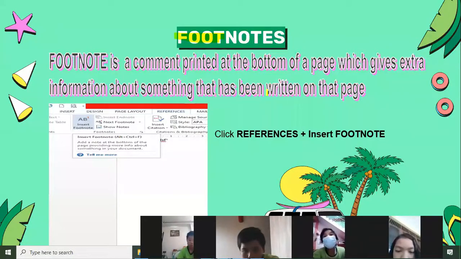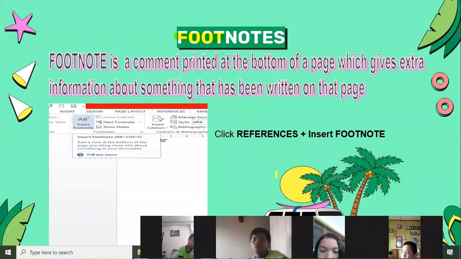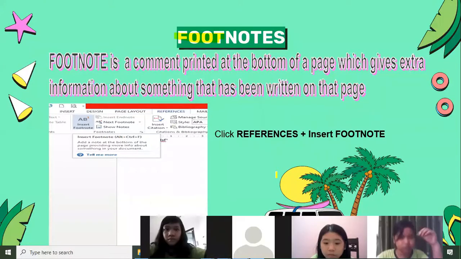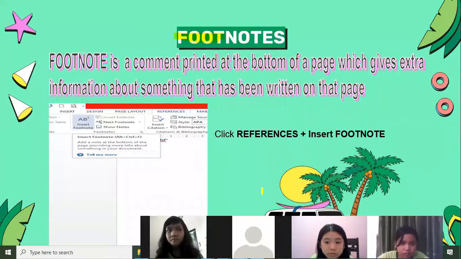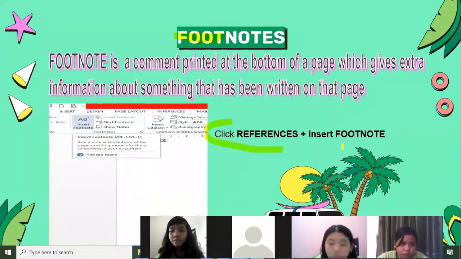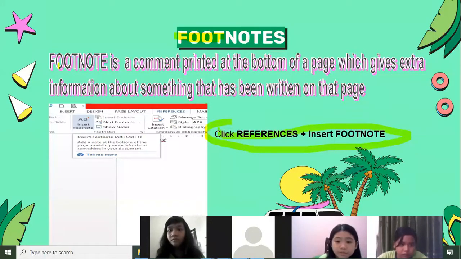Ya, extra information here, ya, informasi tambahan ya, Kid, tentang sesuatu, about something that has been written on that page. Ya, later we practice directly ya, supaya lebih paham ya, Kid. How to create, how to make a footnote.